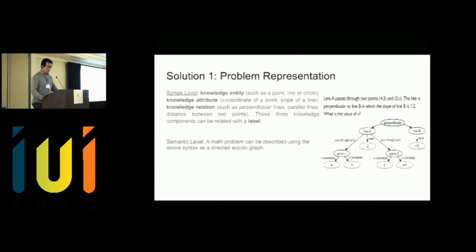Using these syntax blocks, we can further build the semantic level to represent the math problems. We use a directed acyclic graph to represent it, like in the graph on the right side, which is built. Currently, in the natural language processing community, there is a lot of active research on semantic parsing in order to generate such a DAG without labeling the input. However, for my scope, we just directly annotate the corresponding input and knowledge, and do the downstream work that we need to focus on.